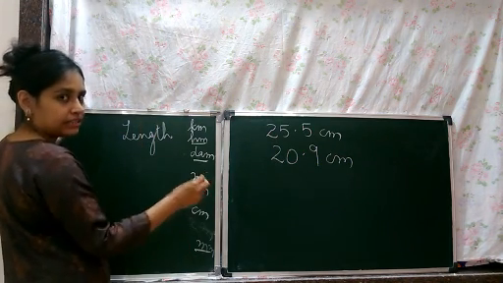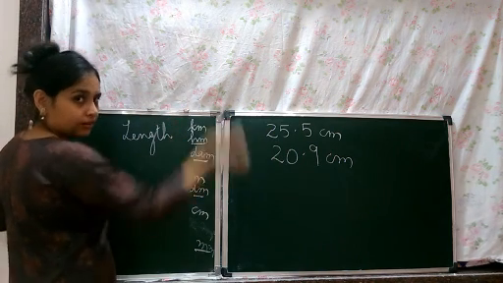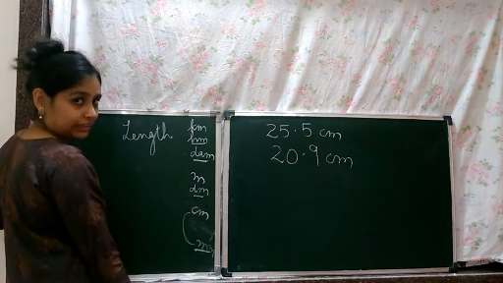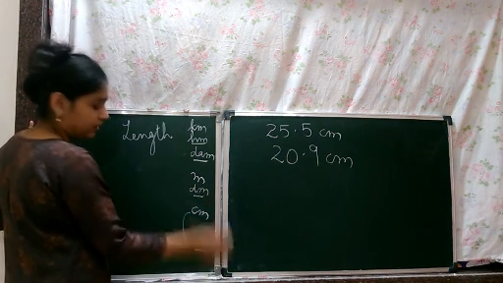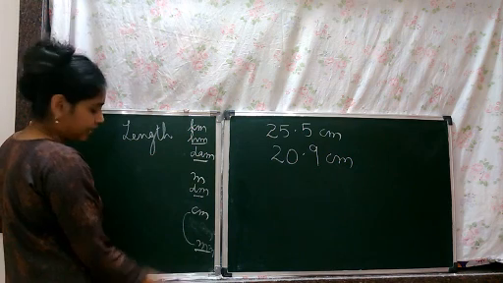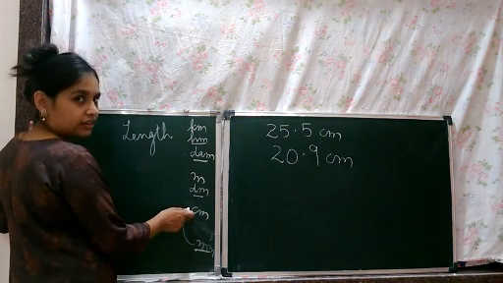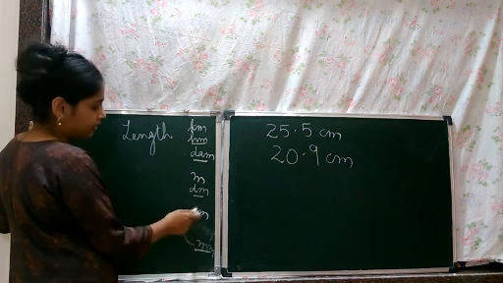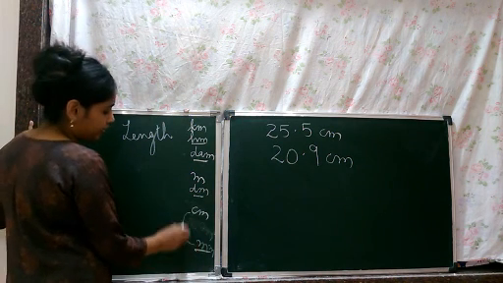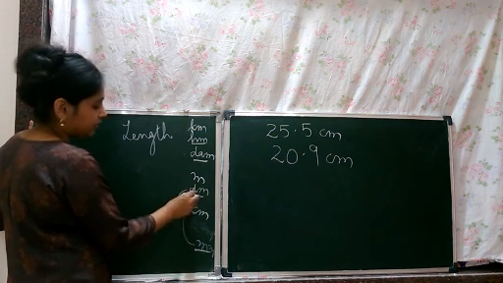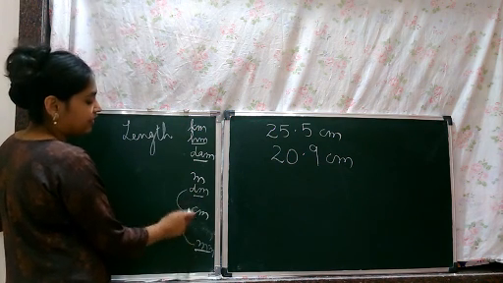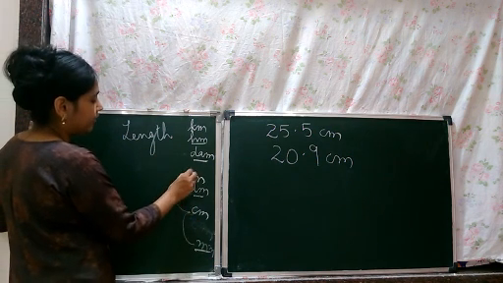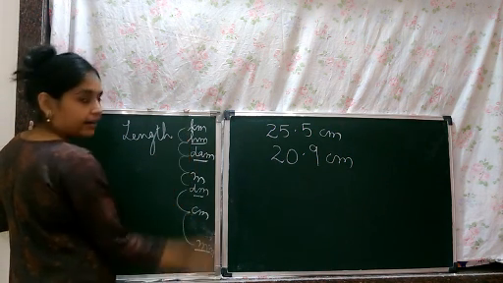Now each brother is 10 times older. Correct? If this is 10 years, which is practically not possible, but we can say millimeter is 10 years smaller than centimeter, or centimeter is 10 years older than millimeter. Correct? Between centimeter and decimeter, again a difference of 10. Then again 10, again 10, again 10.